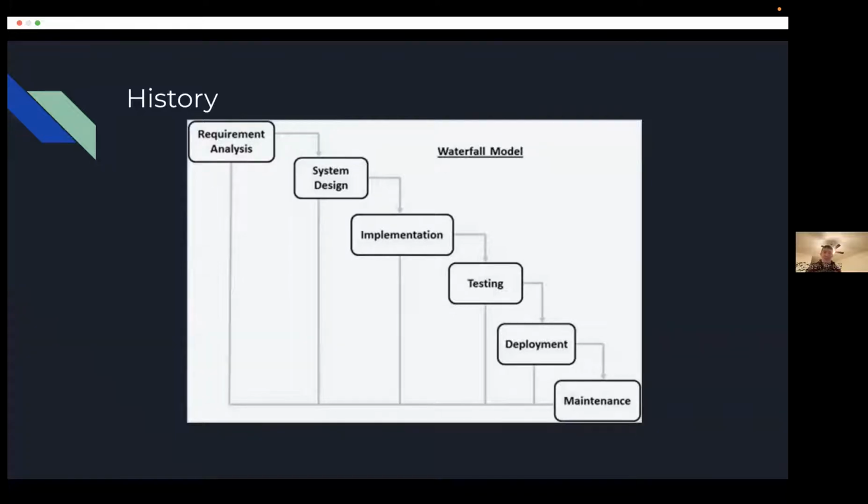So we say, hey, we're going to build this car. We know it has 4 wheels. We want it to be red. We know it's going to weigh this much. Let's get all the materials. Let's build it. Let's test it. And then let's send it out to the world, send it to car dealerships. And then when people need to come to us for maintenance, we'll perform maintenance.